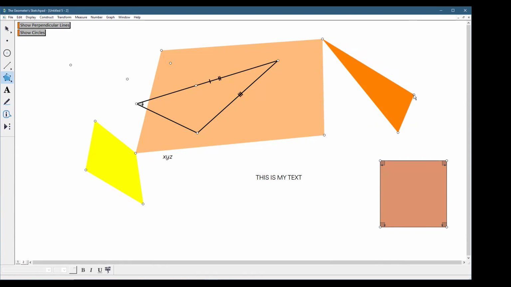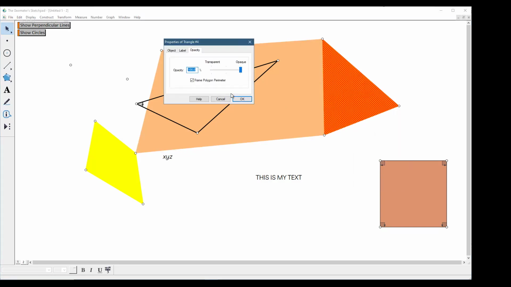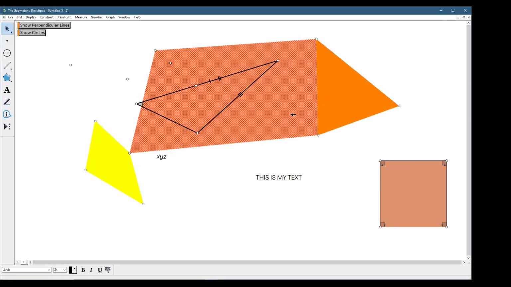Okay, let's escape and try to draw another polygon, just one like this. And if you go to the polygon properties, I ask to not put frames. You see,